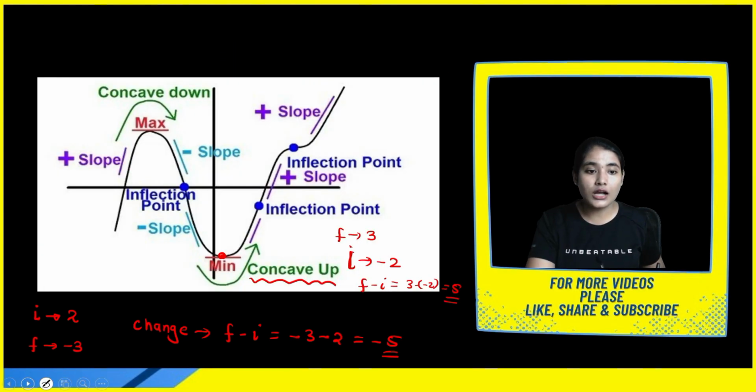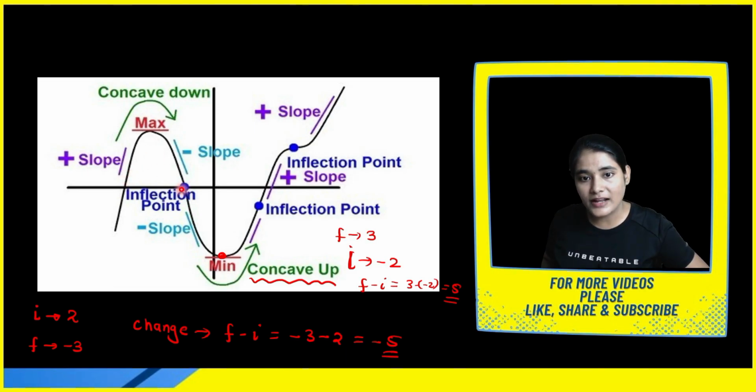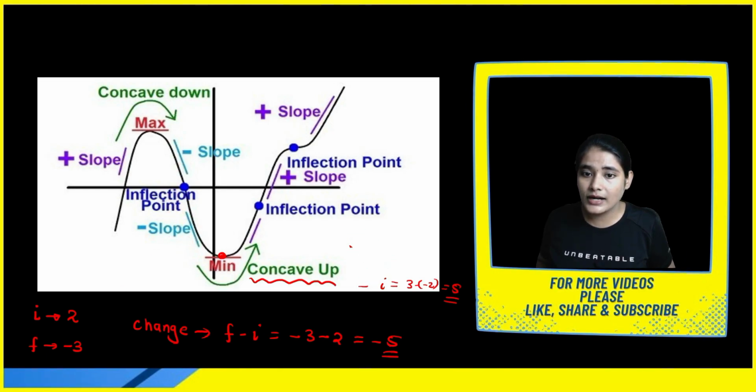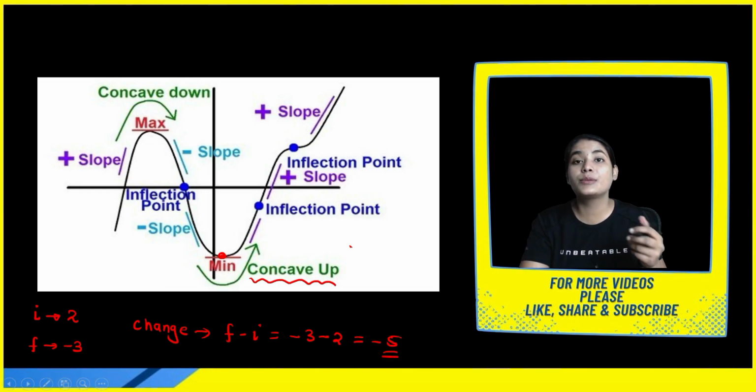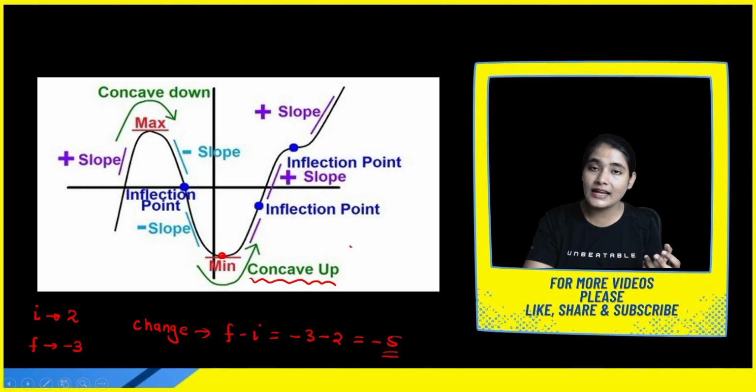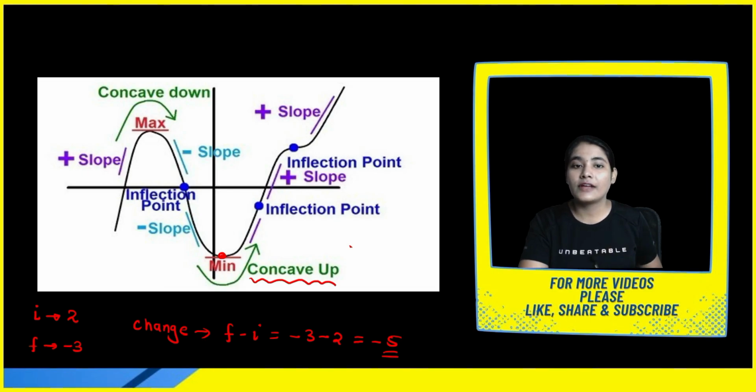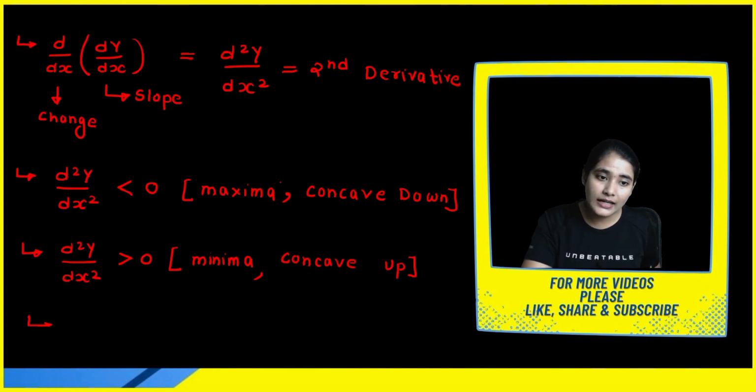Okay, now let's talk about the point of inflection. Try to understand, this is my point of inflection now. Before this point we are getting negative slope, after this point we are getting negative slope. This is very important: negative change. So, my dear student, if the initial value is negative and the final is negative, what is the change in the double derivative? The change will become 0. When you consider the change, you will get 0.